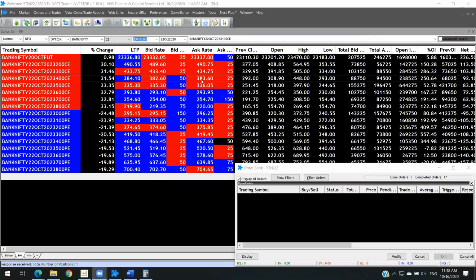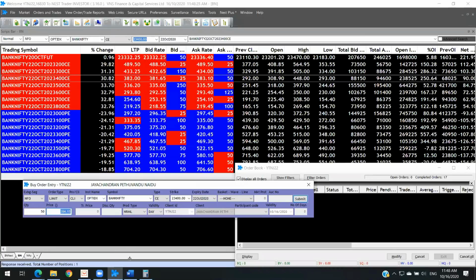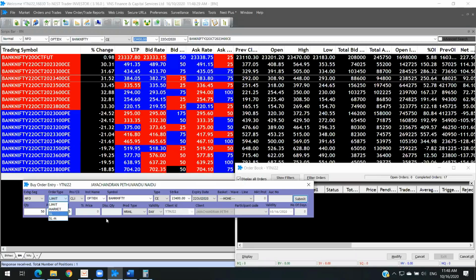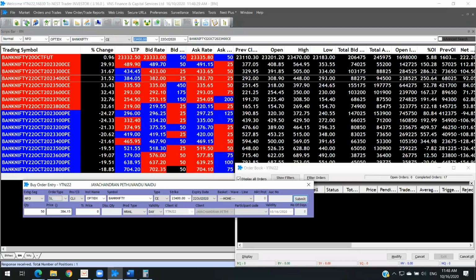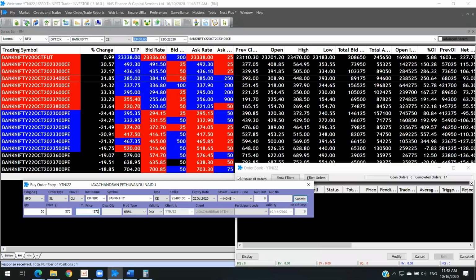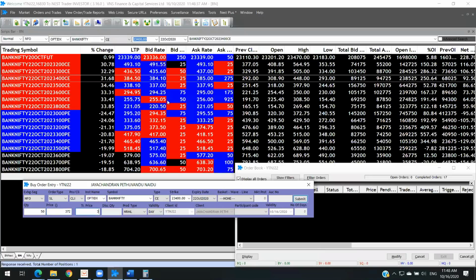Guys, when you are placing it, for example, look at this. I'm going to place a buy order using a stop loss. Say, for example, I'm buying it at 370. Look at this. What I have done is I'm placing a buy order only when it comes to 370 to 372.